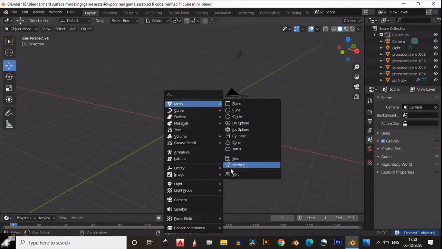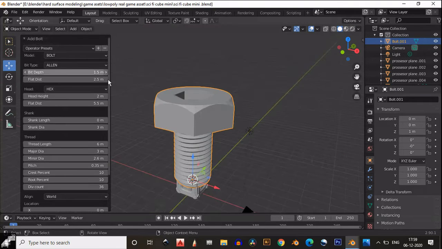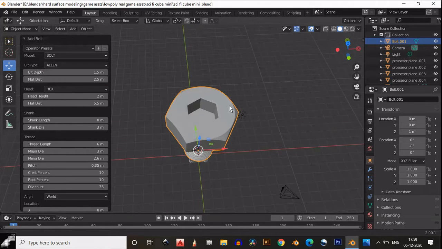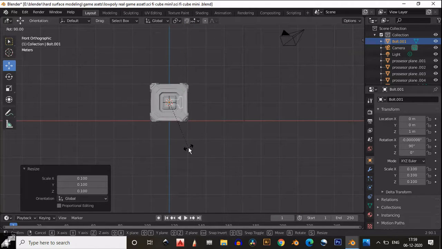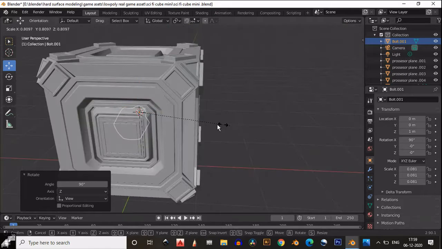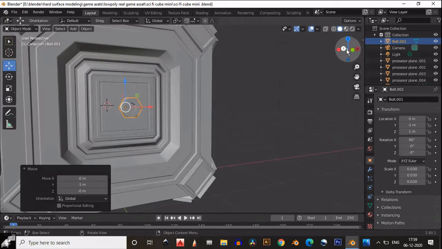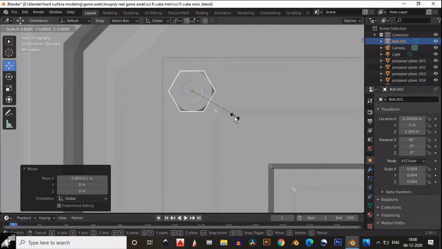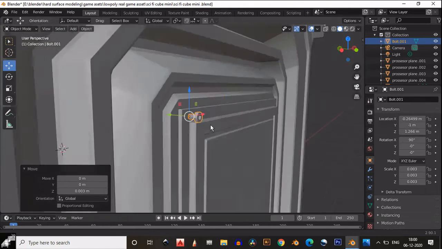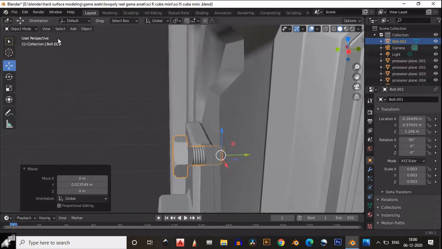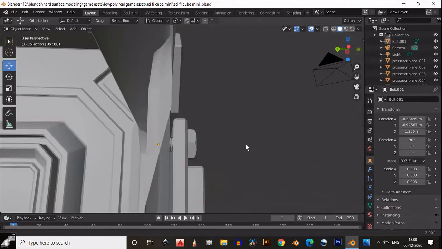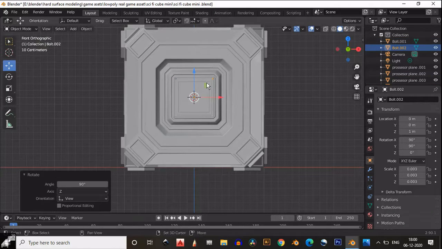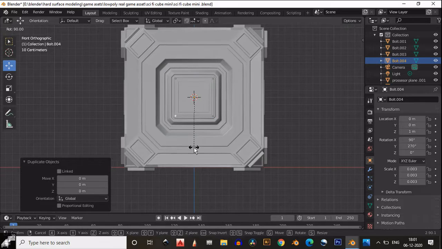Then there is one add-on, the Bolt Factory add-on. So just enable that add-on. It is a free add-on, and you can get more ready-made bolts and nuts to make your object more beautiful and get a more mechanical kind of look. So you will get both nuts and bolts there. So just add a nut. I think I have a bolt, so whatever it is, nut or bolt, just add it and then fix it at the right position at the corner of our processor to fix our processor on the sci-fi cube.